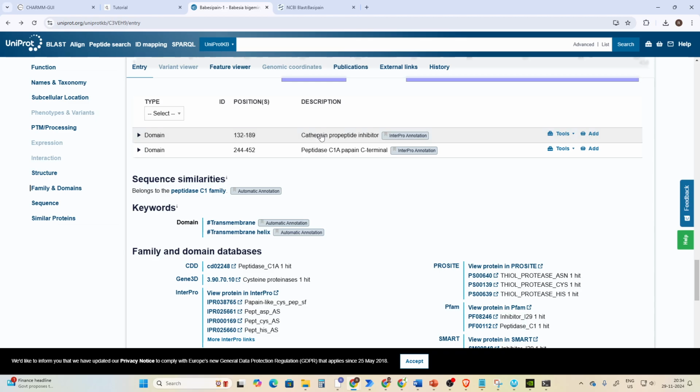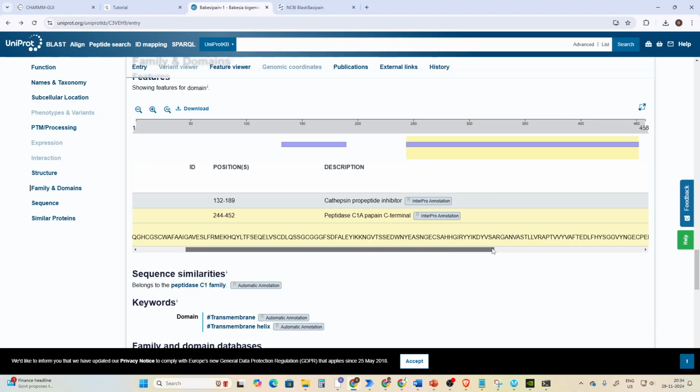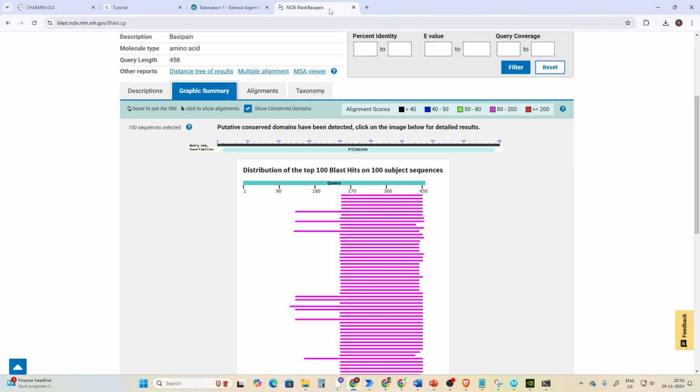Okay, so there are two domains. So the first domain is the cathepsin propeptide inhibitor domain. Okay, this is not what we want. So papain is the superfamily. Okay, so under this you have this cysteine protease family. Okay, protein family. So we are looking for this particular domain. Okay, so this particular domain starts from residue number 244 to 452. Okay, so somewhere from here 242 to 452 something. Okay, so that means if you remove